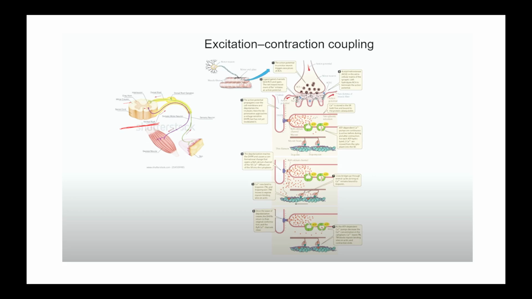So the signal is given by the central nervous system, or you can say the spinal cord, to this particular skeletal muscle for the movement. Here you can see the motor neuron taking the signal to the skeletal muscles, the muscle fibers. In the muscle fiber, with the signal of the neurons, the action potential rises. The signal is carried in the form of neurotransmitters.